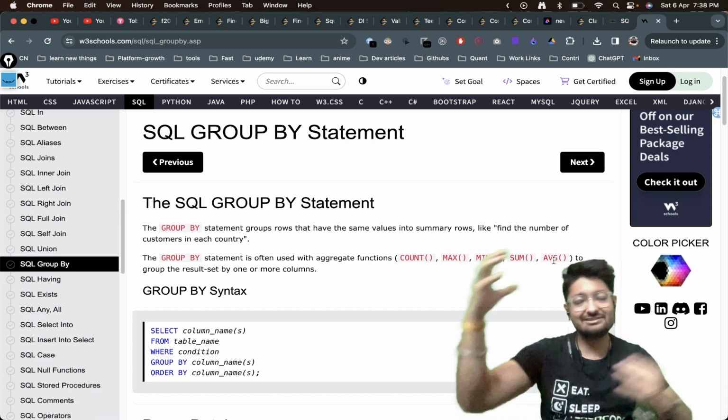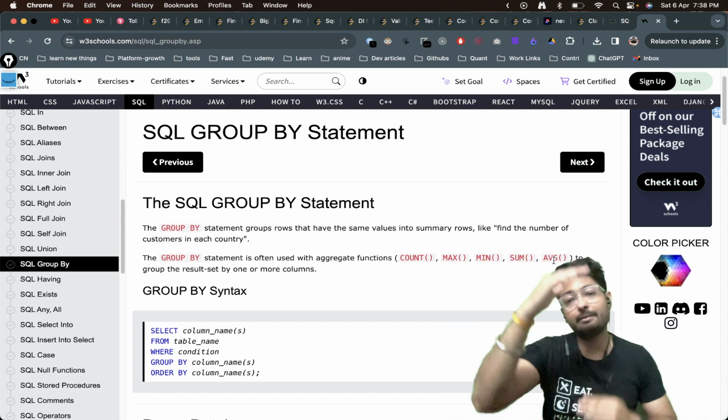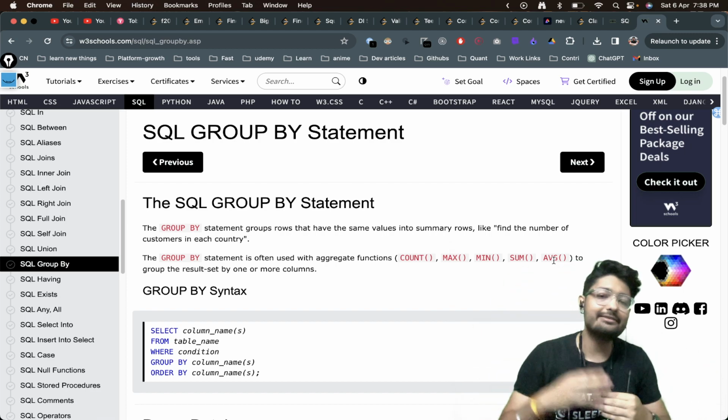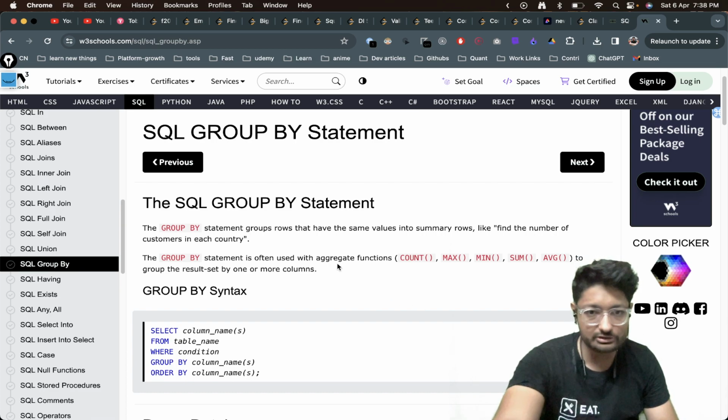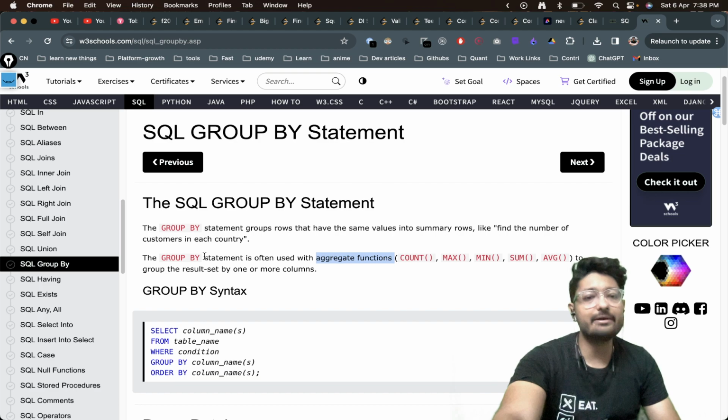Whenever you want to find out the sum of any rows, the count of all the number of rows, the maximum among these rows, the minimum, and all of that, you have to aggregate. You have to first club them, and only then can you use these aggregator functions. The clubbing can be done by the group